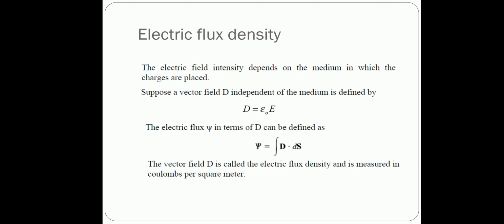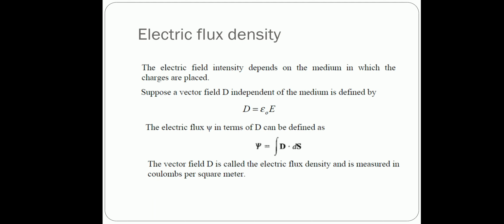Electric flux density is basically a measure of the strength of an electric field generated by a free electric charge. So what is the strength of electric field generated by a free electric charge? That is represented by using this electric flux density. It is a measure of the strength of an electric field generated by a free electric charge corresponding to the number of electric lines of force passing through a given area. Basically, it is the amount of flux passing through a defined area that is perpendicular to the direction of the flux. So this is the way we can define electric flux density.